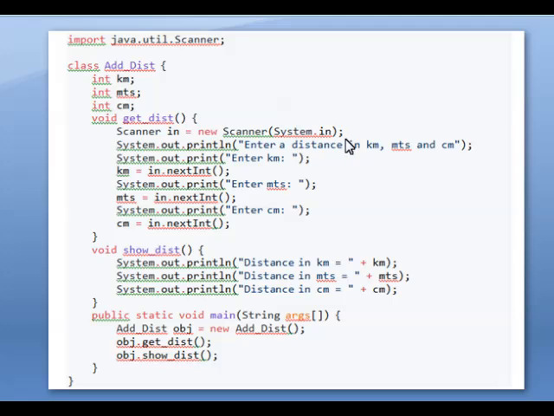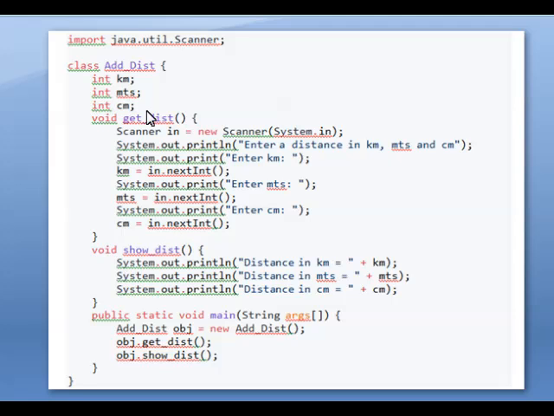This line we have to write to create an object here. Then System.out.println of enter a distance in kilometer, meters and centimeter. So all are integers. So kilometer equal to System.out.println of enter kilometer. So kilometer is equal to in.nextInt(). For the meters and centimeters also we have to write this.